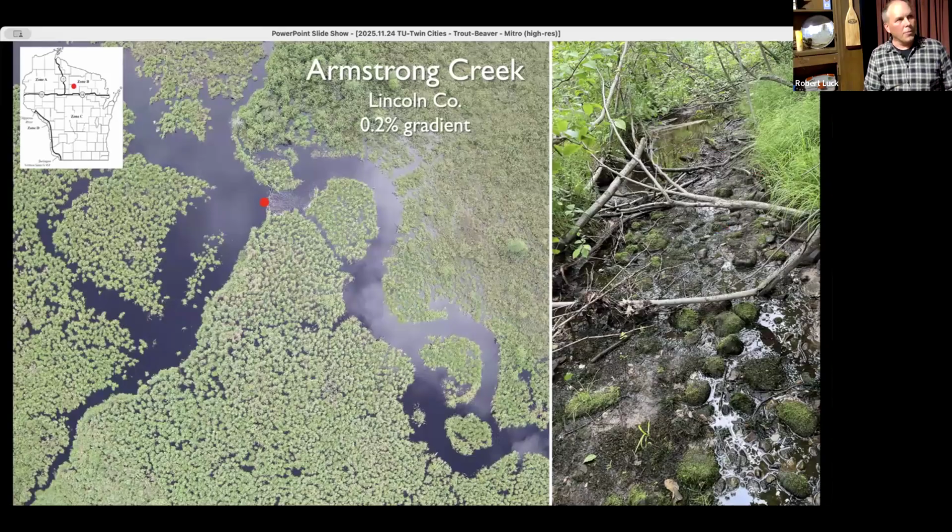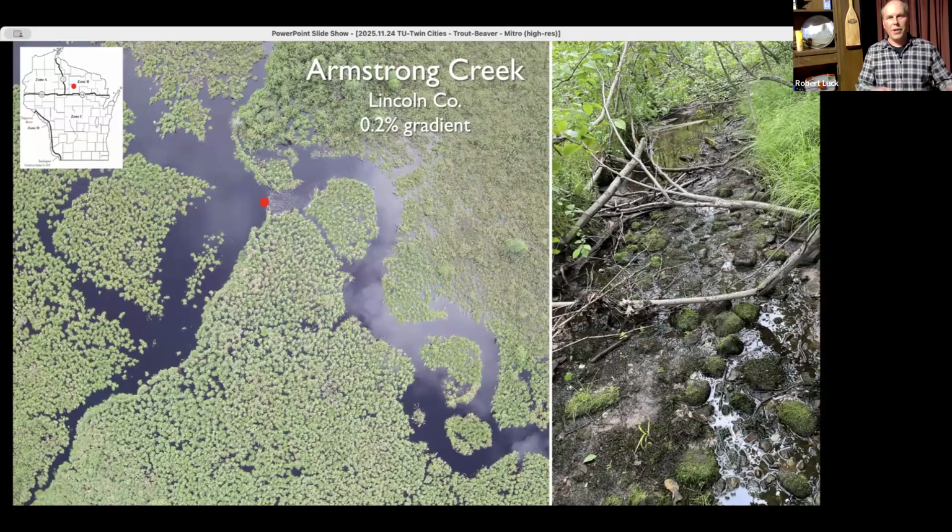This is an image of Armstrong Creek in Lincoln County. This is a stream that's had beaver dams on it for many years. Again, this is a very flat area of the state, not a lot of relief. Small beaver dams on this stream just flood vast areas of water, as you see in this image. The image on the right is that same stream further downstream from the beaver activity, showing just how small that stream typically is. And that's one of the concerns about beaver dams on some of these smaller streams, in that